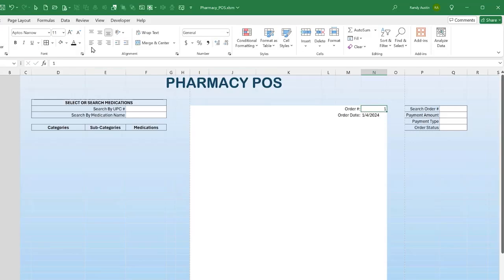Once we have that, I want to take all the information from here, all the way from R, but not the total because the total is formulated, basically all the way through W, and I'm going to place it directly inside our POS all the way from H through M, but not including the total. We want to make sure that that formula stays. So H through M of our POS is where it's going to go. So POS dot range H and the order row and through colon M and the order row dot value